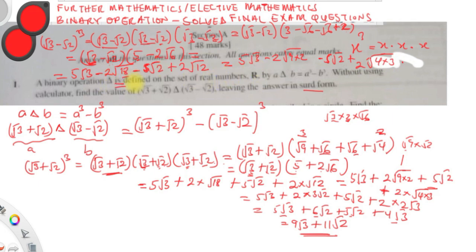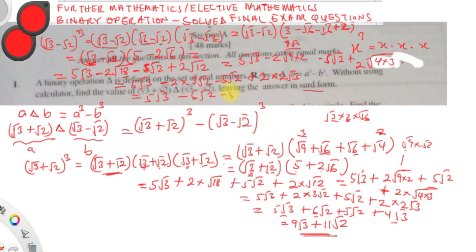So this is equal to 5 root 3. You write the 5 root 3. Square root of 9 is 3, and then square root of 2, so 3 root 2. Have you seen? So minus 2 times 3 root 2. We have negative 5 root 2. And then we have plus 2 square root of 4. Square root of 4 is 2, then root 3 is what we get. So this is equal to 5 root 3 minus 2 times 3, which is 6 root 2, then minus